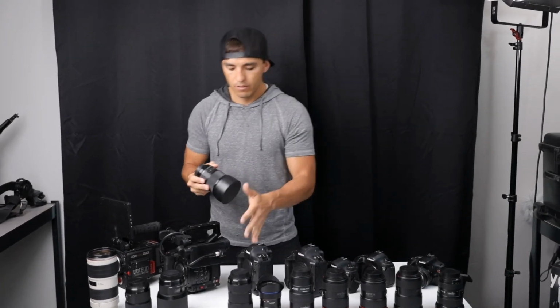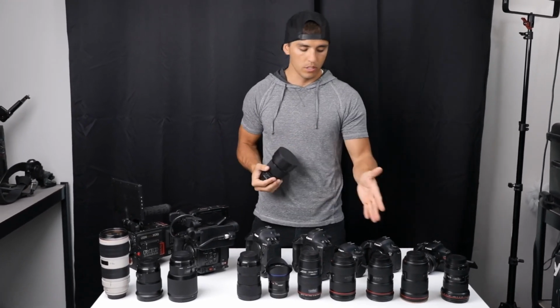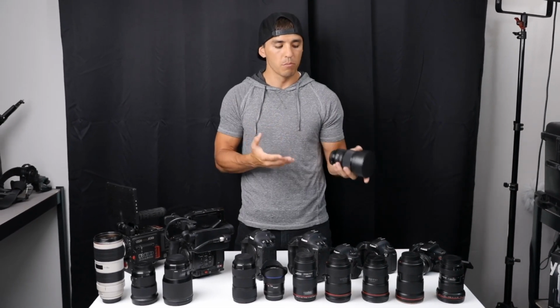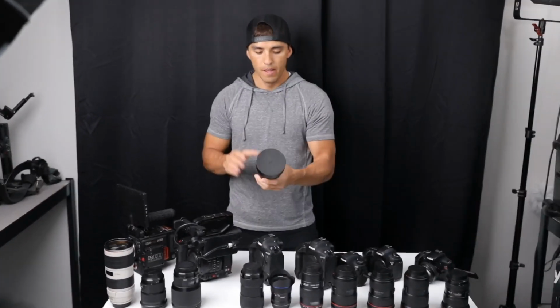By the way, guys, I love Sigma Art lenses. Next to Canon lenses, I think they're some of the best lenses out there. The reason why I use Sigma primes versus Canon primes is because in a lot of regards they're a lot cheaper, sometimes half the price of Canon primes. They're not weather sealed. Canon lenses are, so that's one drawback, and they are a bit heavier, but absolutely love